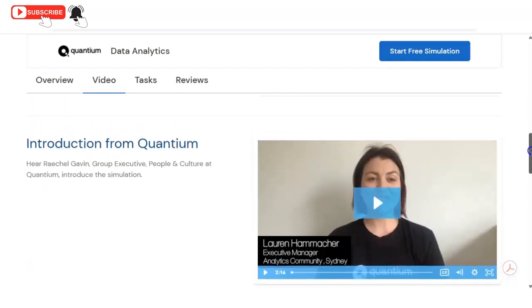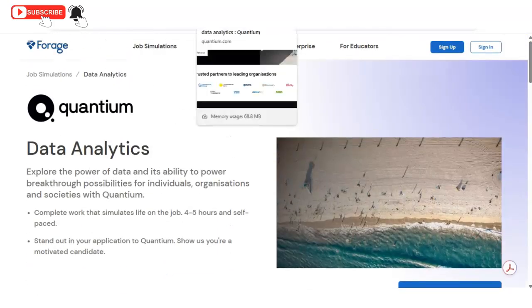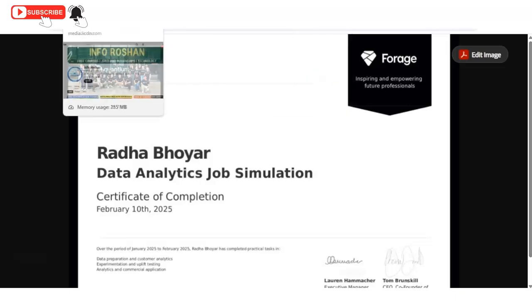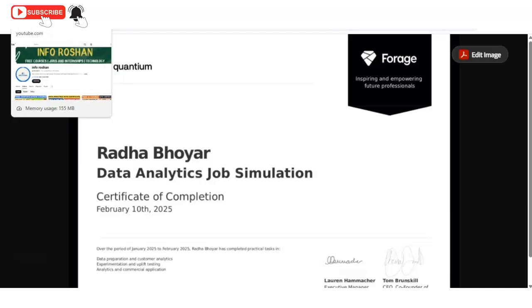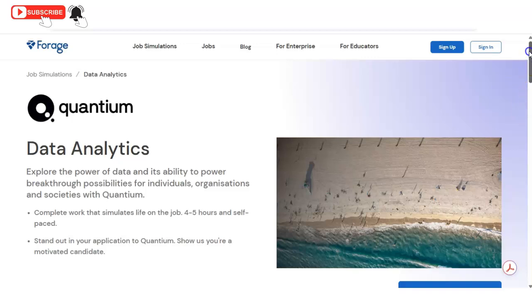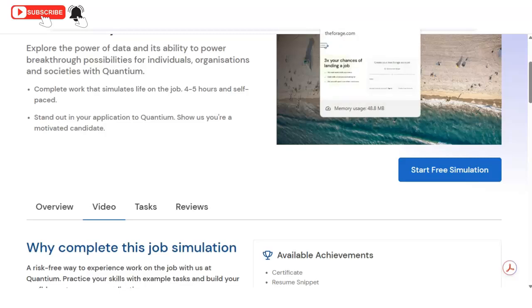And friend, once you complete all these tasks and upload your document, once you register, you will get the proper details on where to upload, and then you will get this type of certificate, which you can use in your resume, in your LinkedIn profile, and you can apply for multiple jobs. So the question is how you will apply. You have to open the link which I have given in the video description box. Then you will come to this page, and here you have to click on start free simulations, and then you can see here